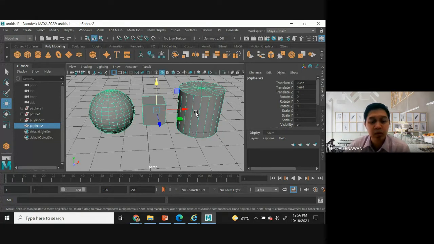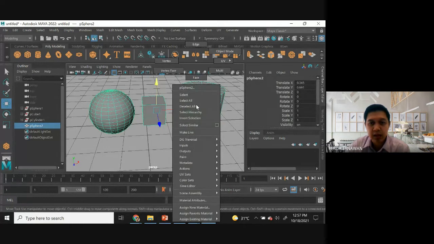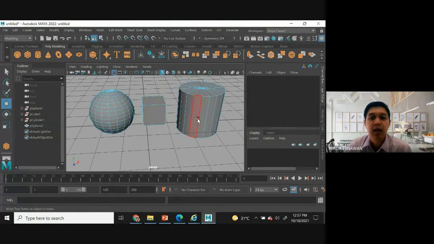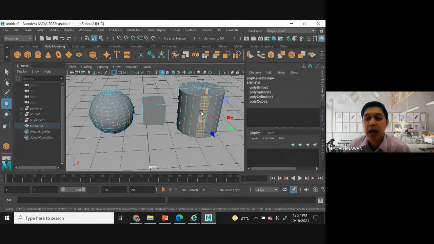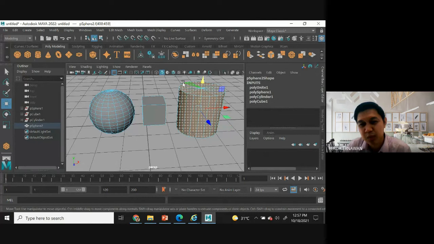So what you should do here is, number one, right click and select the face, like this. After that, you choose the object that you want to extract. Let's say I choose the cylinder. I have to double click. You can see the yellow color here. So this is ready.